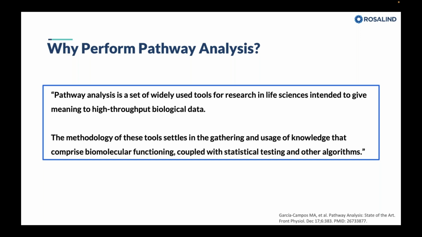This is a very high level definition, but I think it highlights two nice things. The sentence at the top is that you need to extract data out of your high throughput multiplex data. nCounter is 800 genes, it's not whole transcriptome, but if you've ever stared at a spreadsheet of 800 genes, 800 rows, it's really difficult to get meaning out of that spreadsheet of data. So we're applying pathway analysis to extract as much information as possible out of your nCounter data, out of your